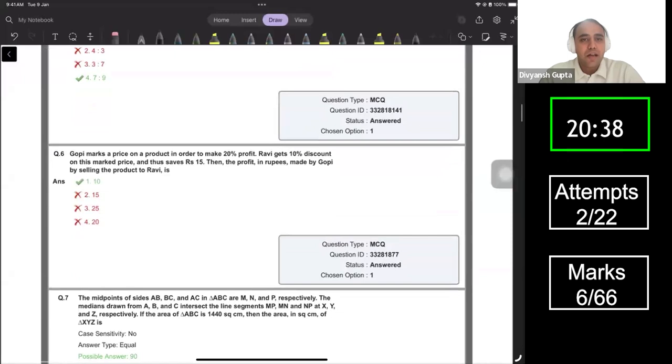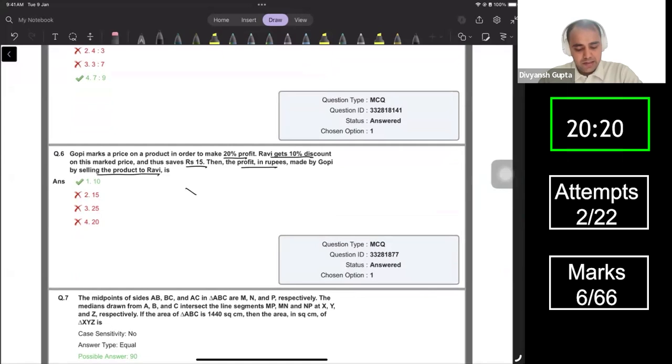Moving forward, Gopi marks a price on a product in order to make 20% profit. Ravi gets a discount on this, saves rupees 15. Then the profit made by Gopi in selling the product to Ravi. Simple, straightforward question. I'm gonna attempt it right now. Let's say